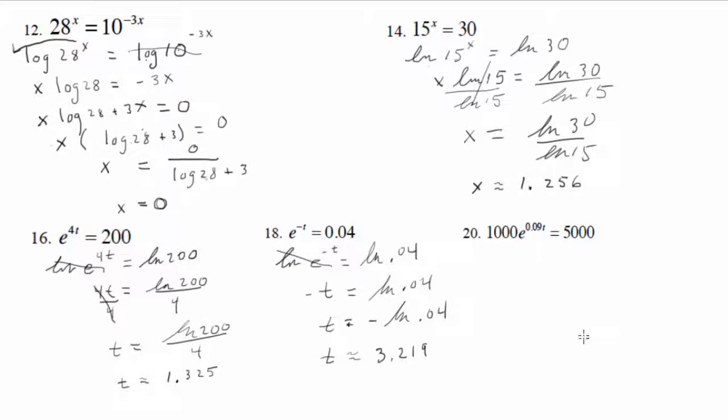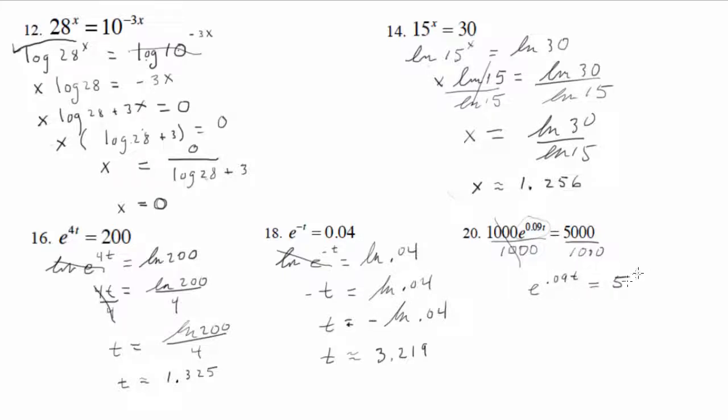Okay, next one. This is similar to one that we did already, in that you have to get this power by itself right here. So we have to get rid of this 1,000. It's 1,000 times all of this. So we're going to divide both sides by 1,000. And these cancel, leaving e to the 0.09t